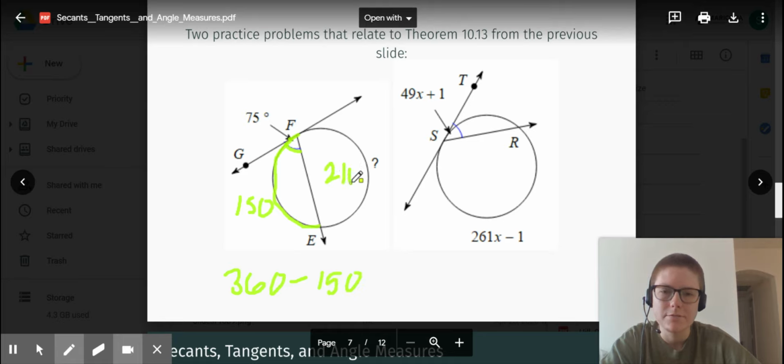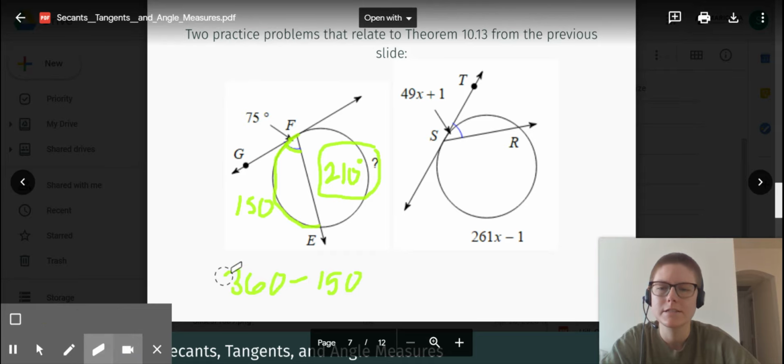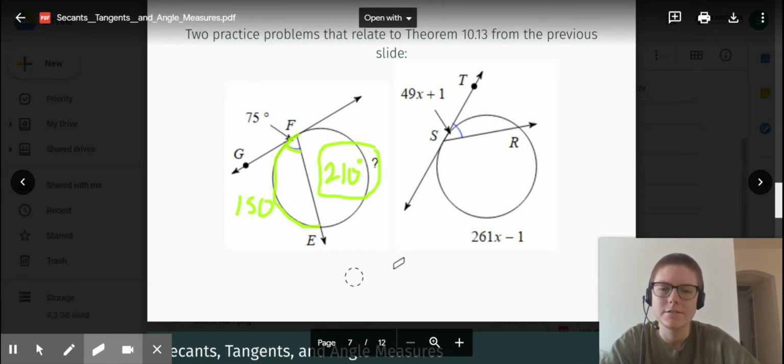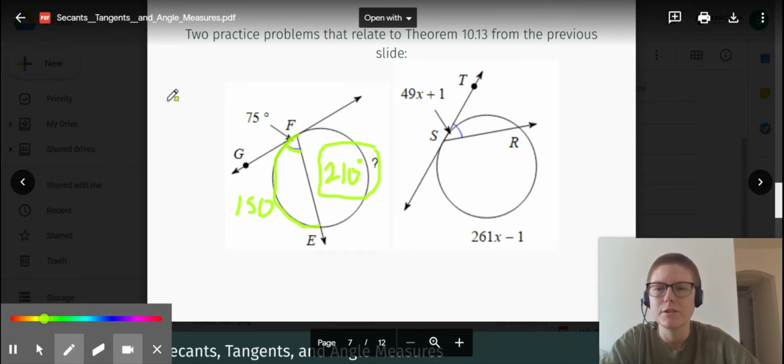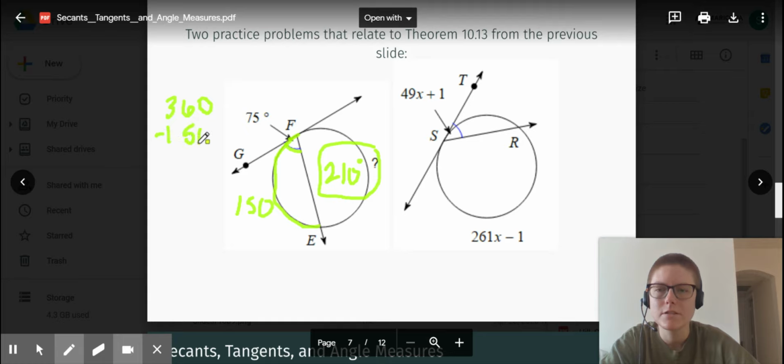That's 210. So question mark here is 210 degrees. All right, I erased the 360 minus 150, but I'm just going to put it up here so that it's in a better place. 360 minus 150,